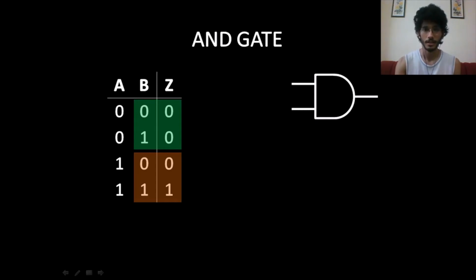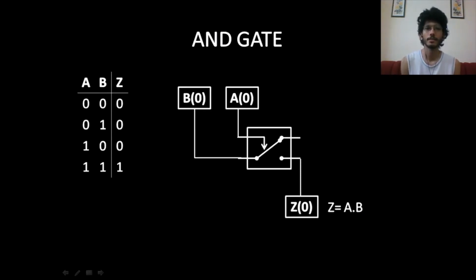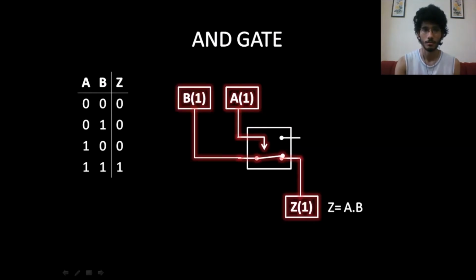So with this ideology, we can implement AND gates using a single relay as well. In this case, A is responsible for connecting B to the output. So when A is activated, then the relay gets switched on and B gets connected to the output, and the output is going to be the same as B. Now functionally it's the same exact circuit, just that it uses one relay less.